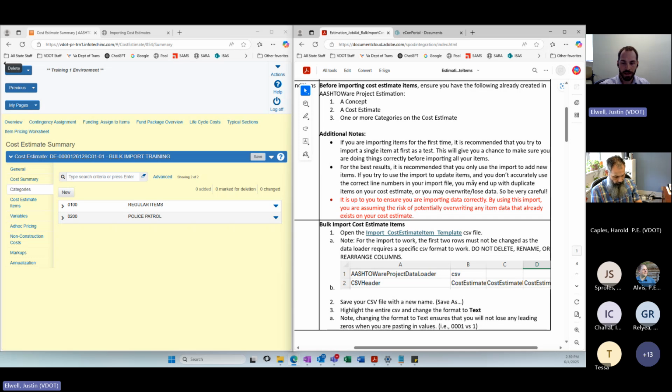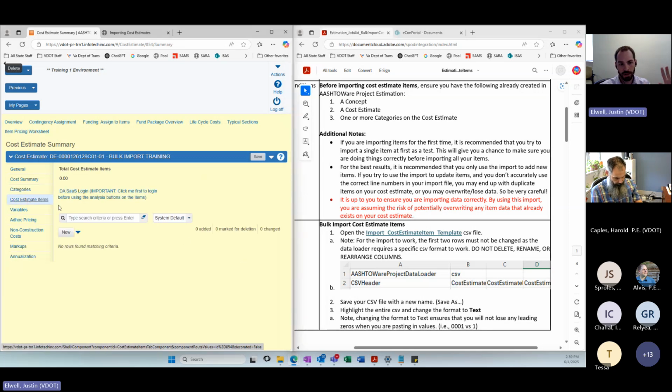But again, we strongly urge people using this bulk import feature only to add new items, and generally to add items to a cost estimate that doesn't have any predetermined or pre-populated items on it. So clean slate. When I go into my cost estimate items, I don't have anything there, so I'm ready to go.